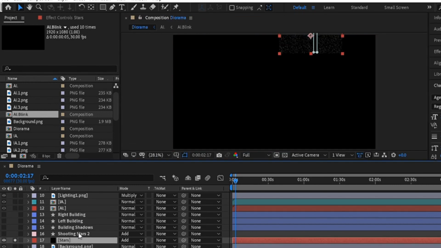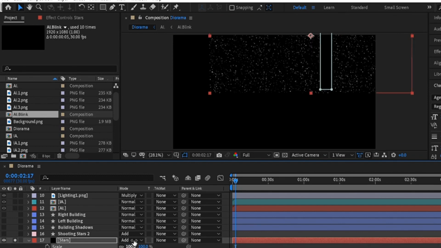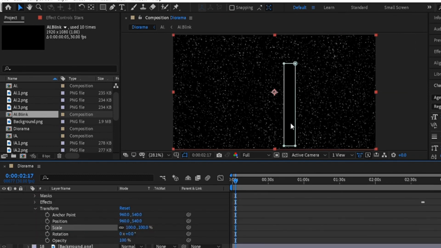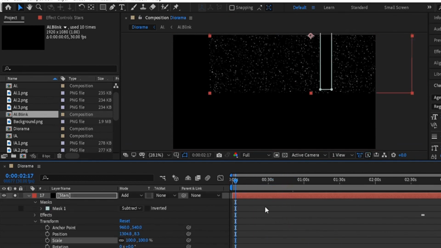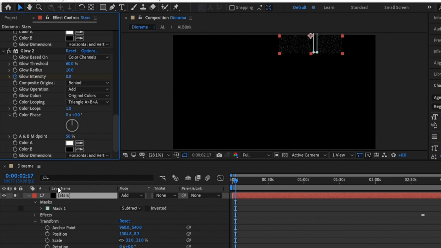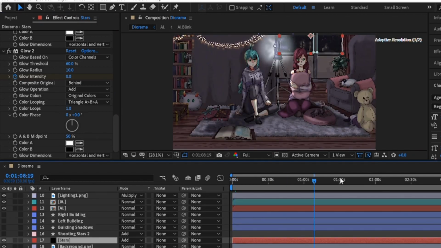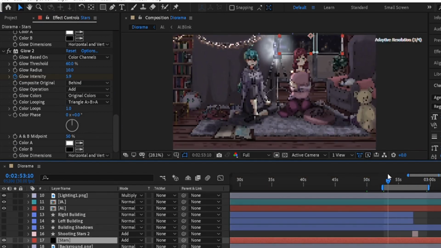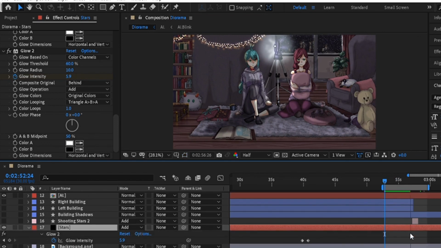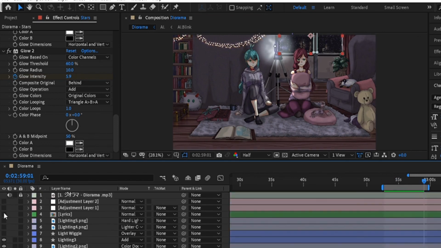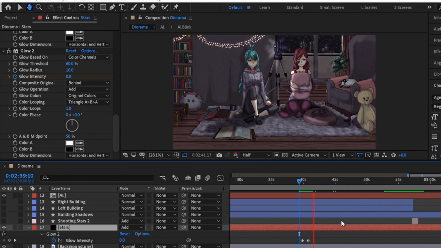Next thing, with stars. I used an effect called fractal noise, and the help of some tutorials, because I still don't know it all, and then made them smaller, set them to add so they would highlight more, and added some glow effect for some extra sparkle. And then I animated that glow effect so that they would highlight even more around the climax of the song, like the beat drops. Anyway. Right after, I added a little shooting star, because, you know, the magic is in the little details.